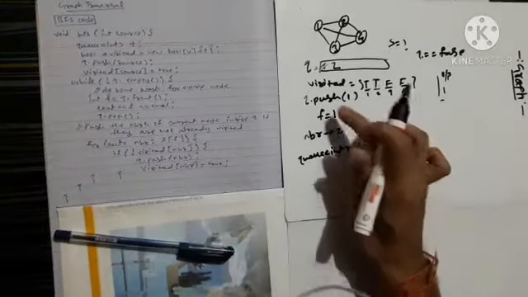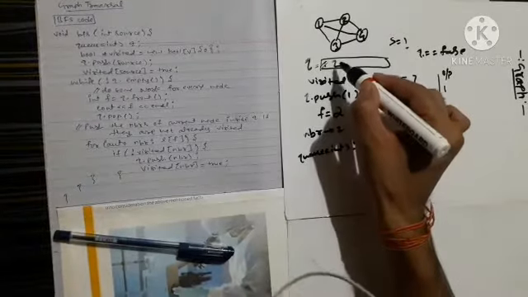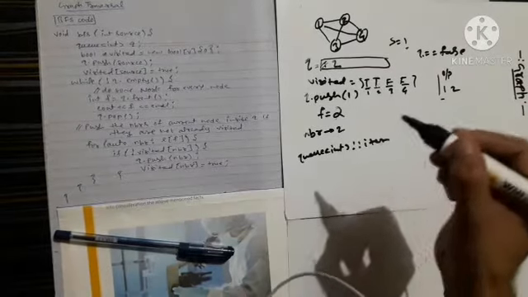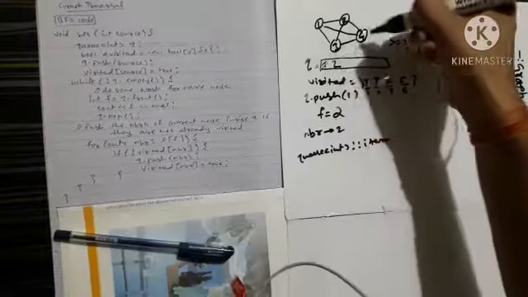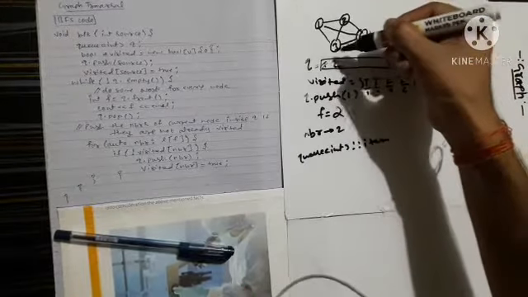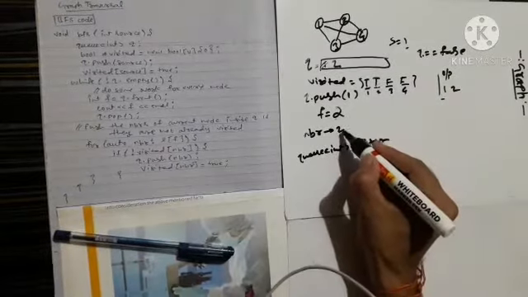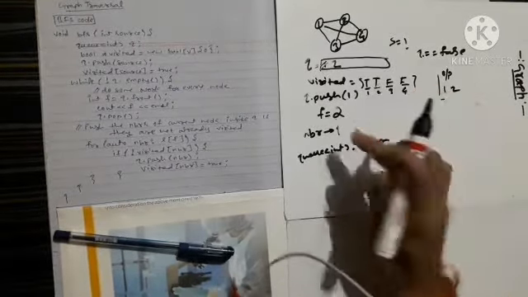I will take f. Now f contains 2. Basically I have popped the element, that is 2. Now after popping I will print the element. After printing the element, I'll check what the neighbors of 2 are: 1, 4 and also 3. Suppose now my neighbor contains 1, but 1 is already visited, so I will skip 1.